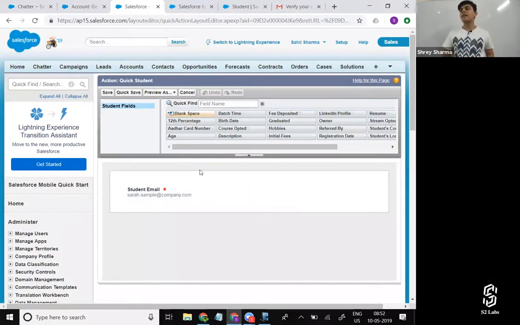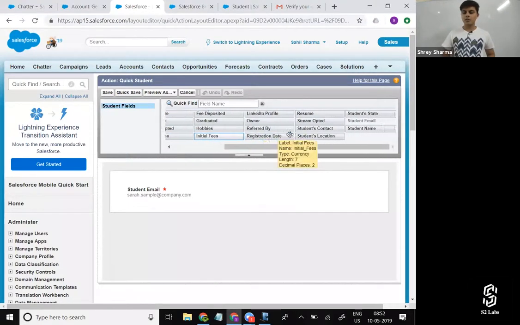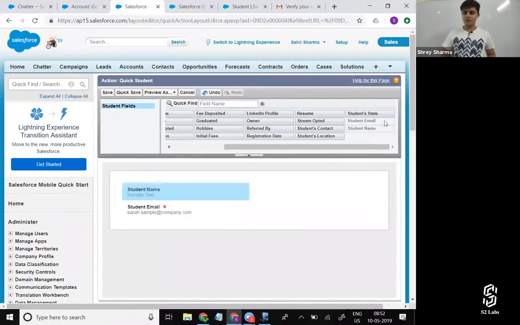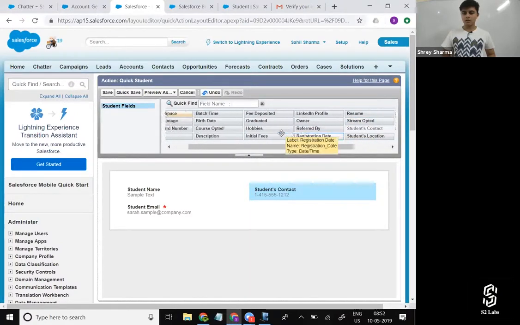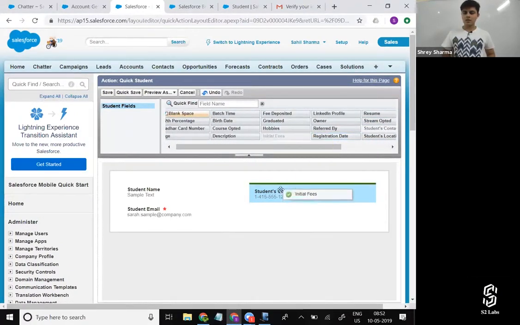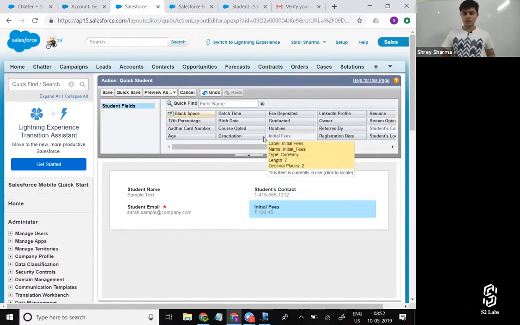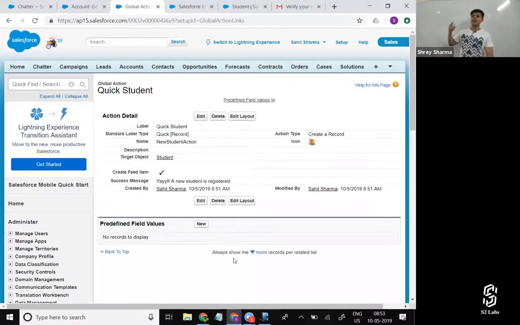So there's email already there. Why is email already there? It is universally required. And then there comes student name. There comes student's contact. There's initial fees. That's it. These four fields are the ones we want. Save. So I've created a global action and I've created the action layout. Now let's go to the home page